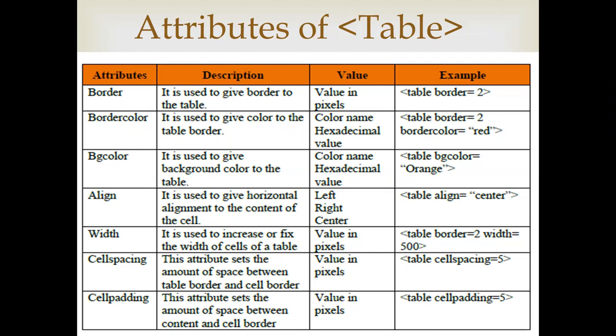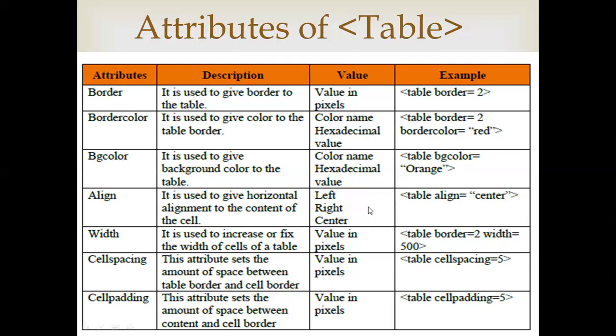So for that we will use BG color attribute inside the table tag only. Next is align attribute, using which you can decide that the content which you are putting inside the table, you want to place in the left side. Like right now the table which you are looking at, in the values column, this content is left aligned.